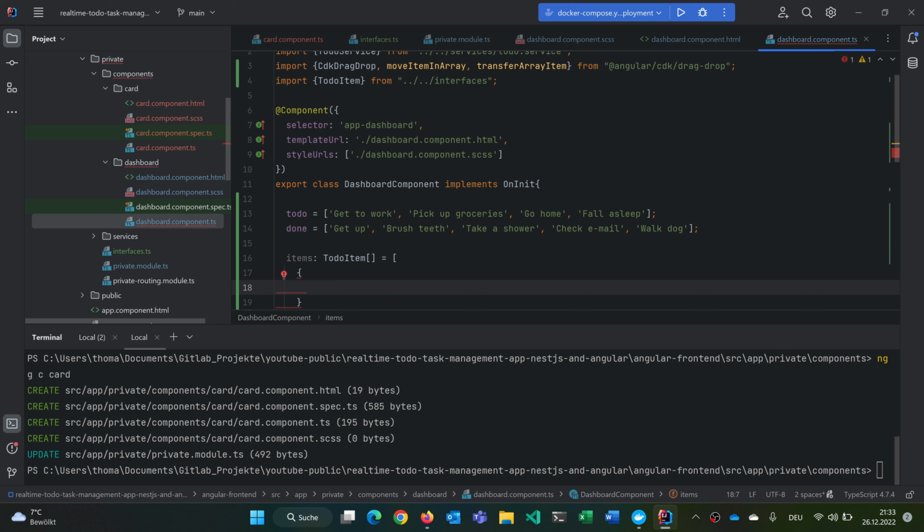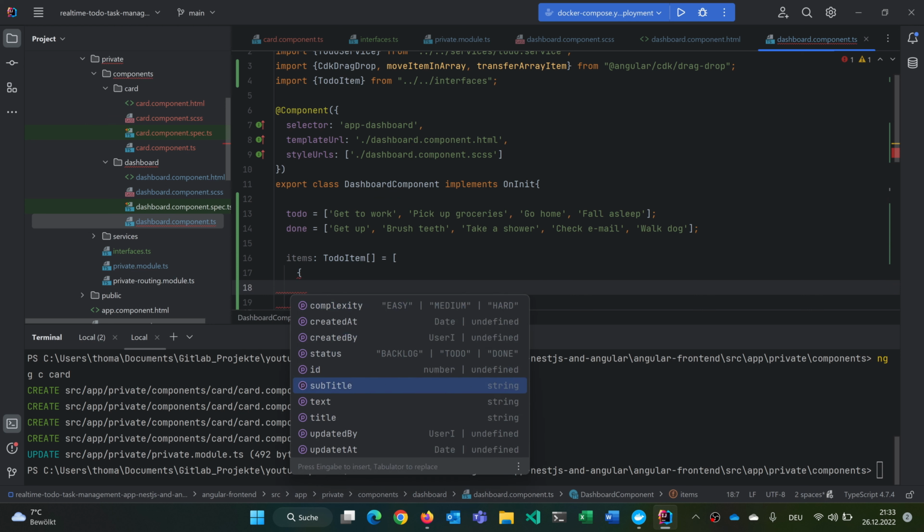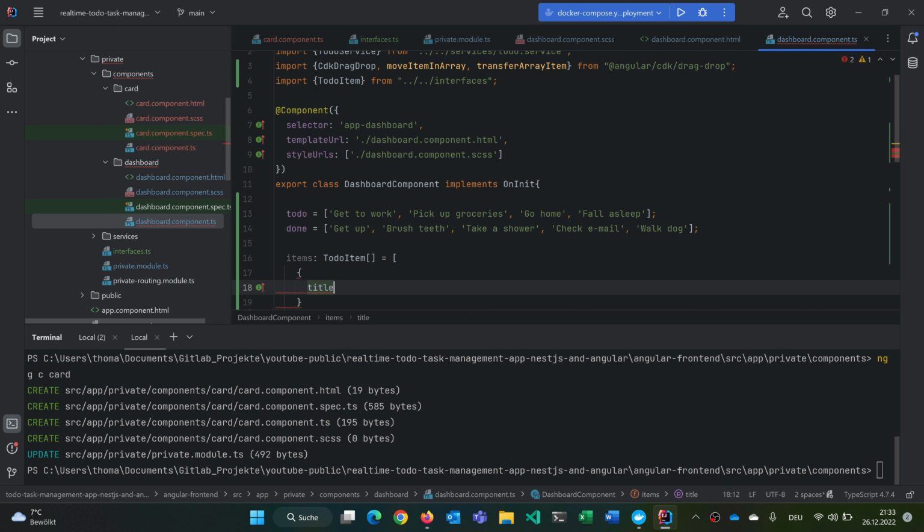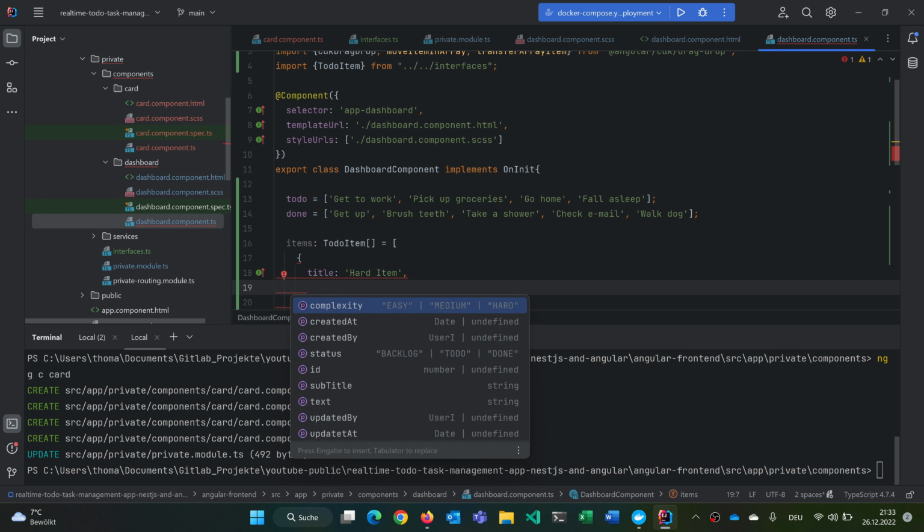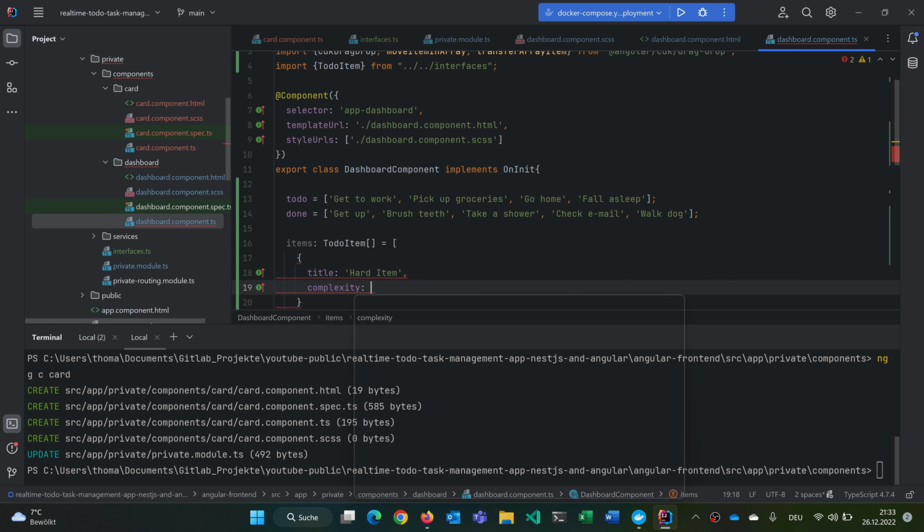And now we just give them the stuff that is not optional. So we have a hard item, for example, that has a complexity of hard,